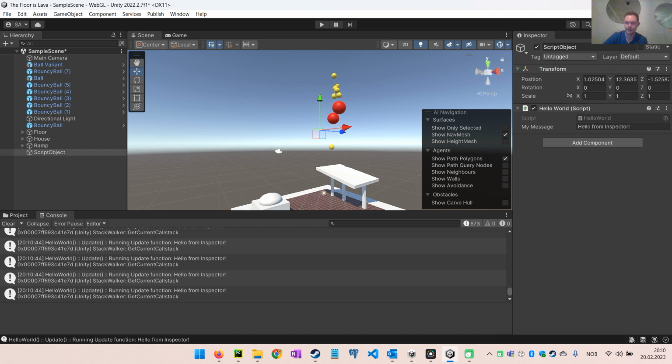So next we will change some game objects with a script. If we look at this yellow ball here, the bouncy ball, and we can give it a blue color, we can actually see that it has a scale here, 1, 1, 1, and the red ball has 2, 2, 2. So we can actually change this scale inside a script. So if we open Hello World again,